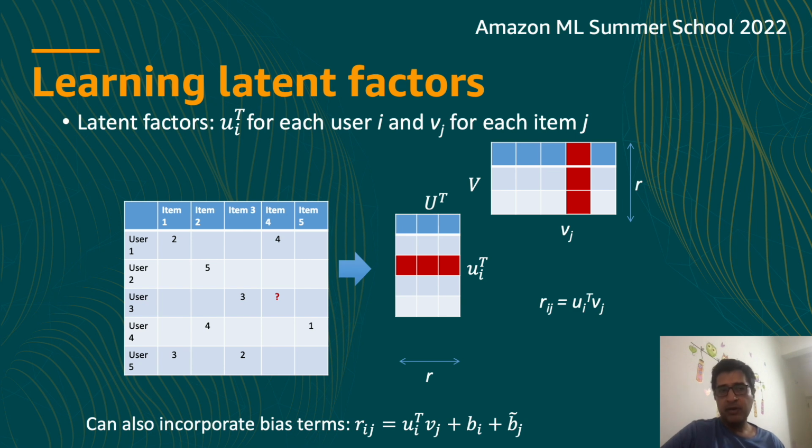So again, you would realize that this problem has a very similar structure to SVD, PCA, right? You have this smaller dimensional matrix U, R, V, again very similar to the structure that we have seen till now. And essentially the way you try and model this is by saying that for a user I and item J, you are trying to learn a model which is of this nature, that your rating of item J